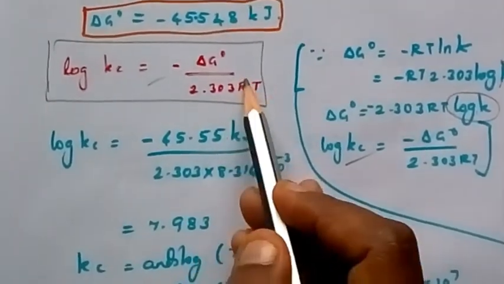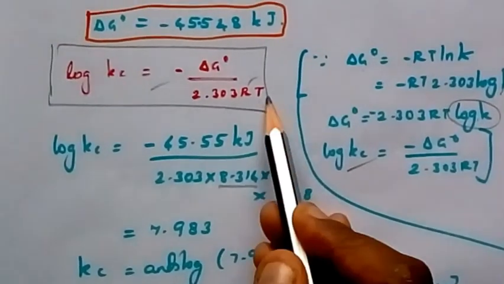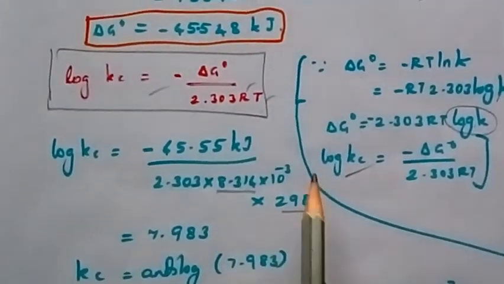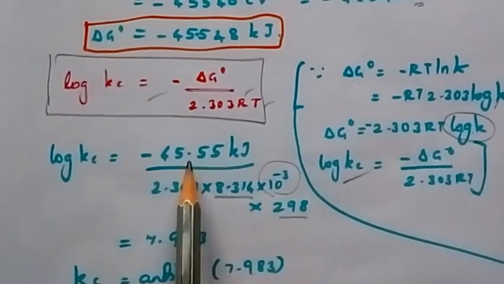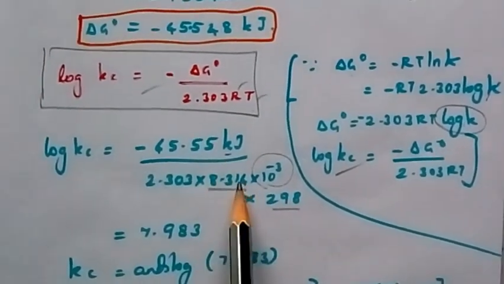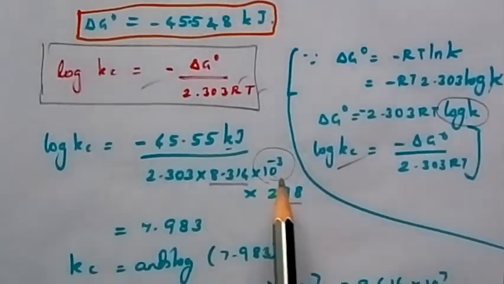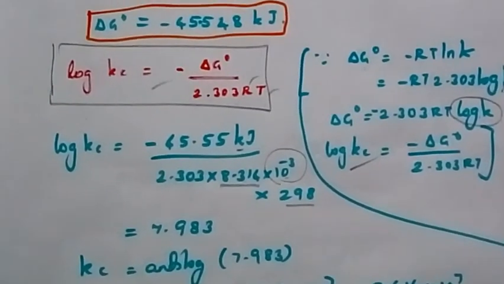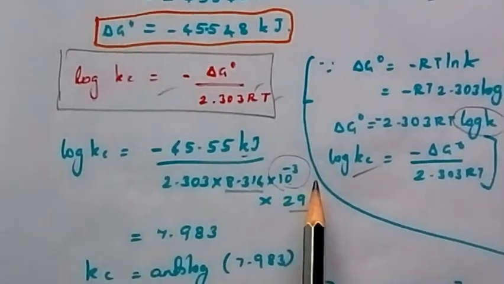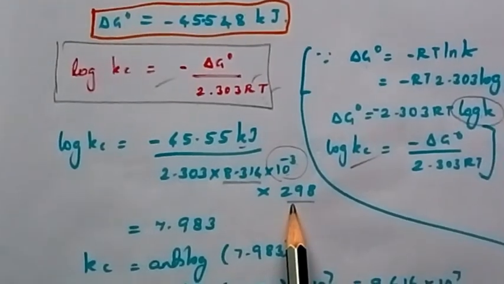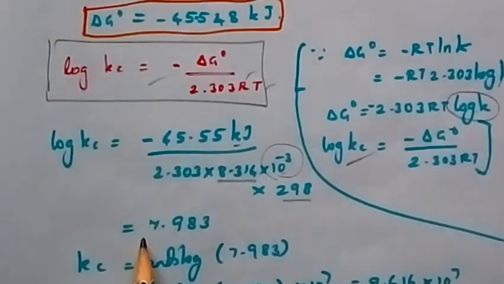We know the value R is constant, 8.314. Temperature 298 Kelvin. Why do we put this 10 power minus 3? It is written in kilo, no? So we are converting this joule into kilojoule for R constant, the gas constant, no? So 8.314 into 10 power minus 3 into 298. So solving all these we get